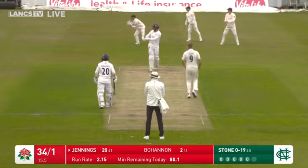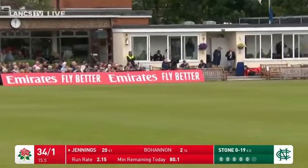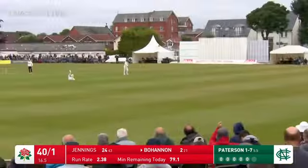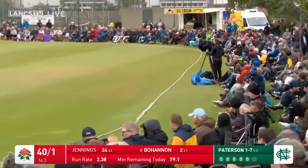Yeah. Short, pulled away, lovely connection from Keaton Jennings, and the ball has run up the advertising boards, which is, as always. It's Patterson in once more, and Bohannon's gone after that, drives it into the offside and through the offside, past the diving Jack Haynes. And